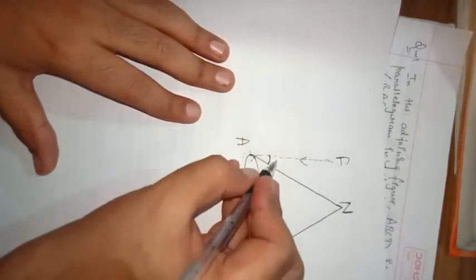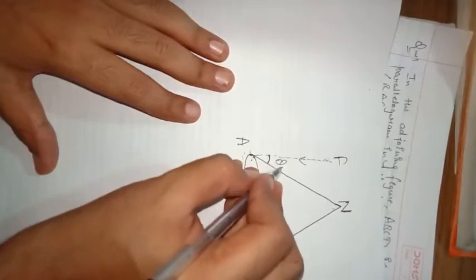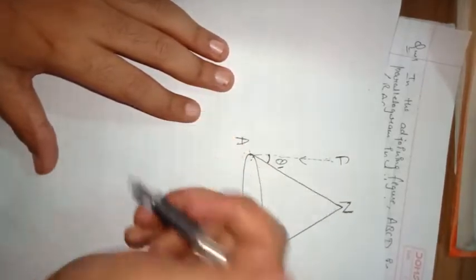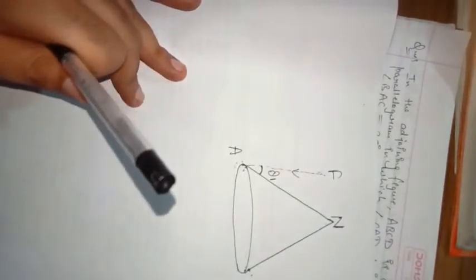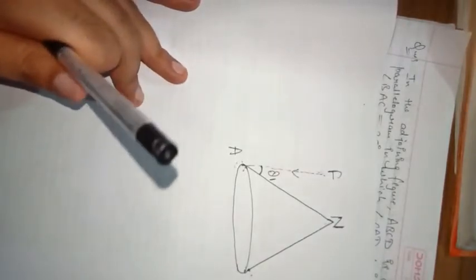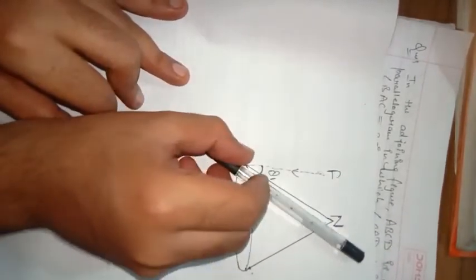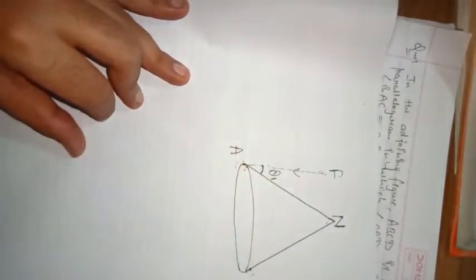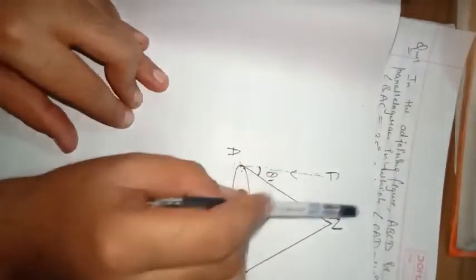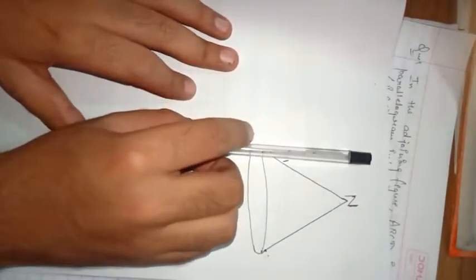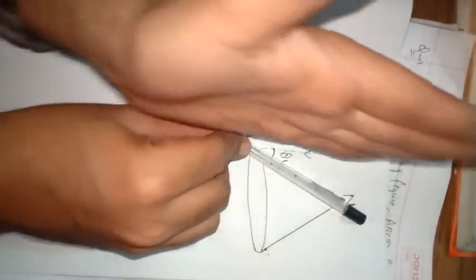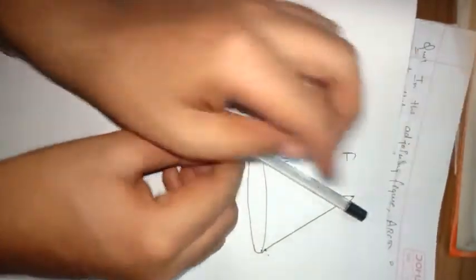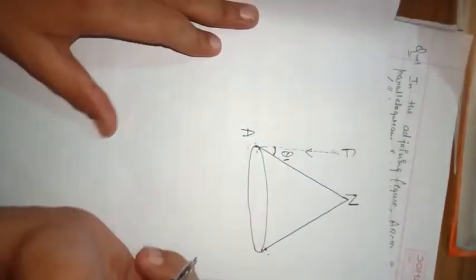Suppose this angle we have measured, and we found that it is theta 1. How have we measured this angle? We have so many tools, like a microscope or a telescope. By using the telescope we have measured this angle. We found that the position of the telescope while watching this object was like this, and that this angle is theta 1. So we have calculated this angle theta 1.